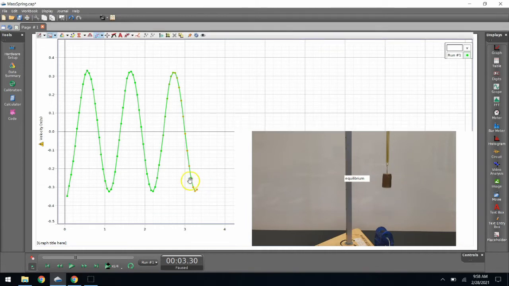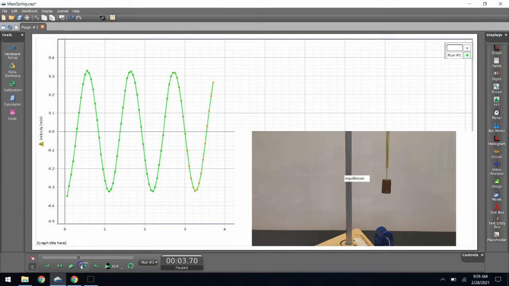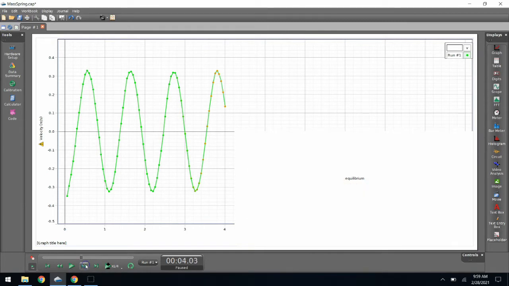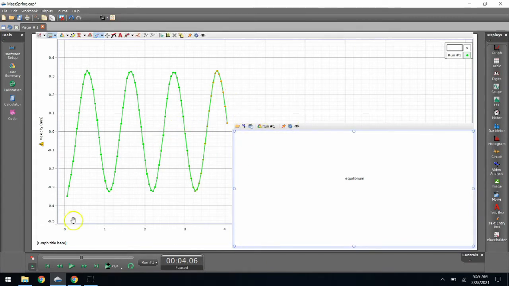And I can tell it's moving down without actually seeing the video because the velocity is negative. And so as I click forwards, I should expect it to keep moving down. It reaches a velocity of 0 as it reaches its bottommost point. Now it's going up, reaches a maximum upward velocity, so a big positive number here. Keeps moving upwards. Lost the video again. And that's where it stops. My laptop just doesn't have enough memory to run the screen capture and Capstone with the video at the same time. And so what we need to kind of be able to do